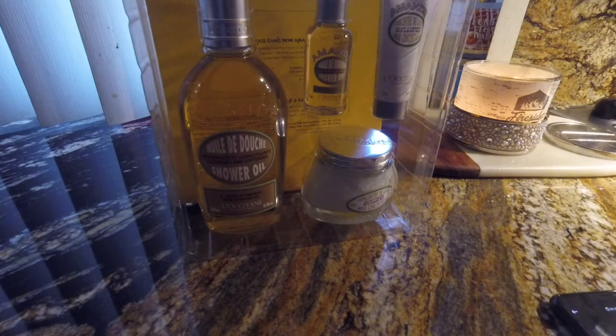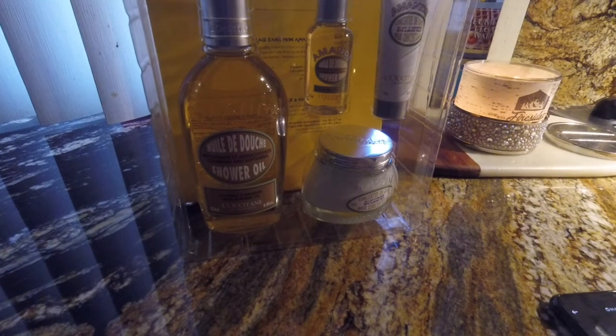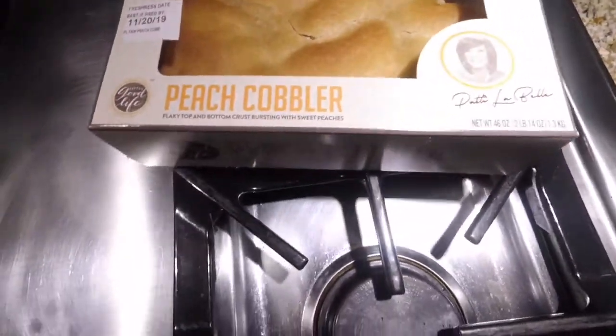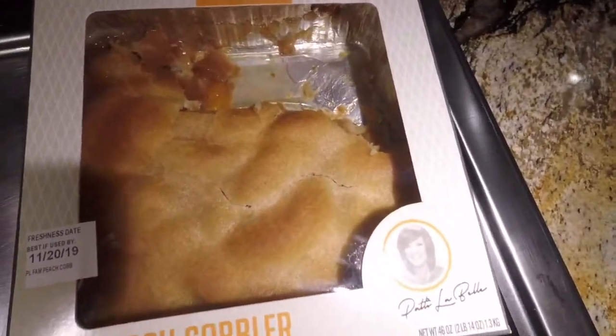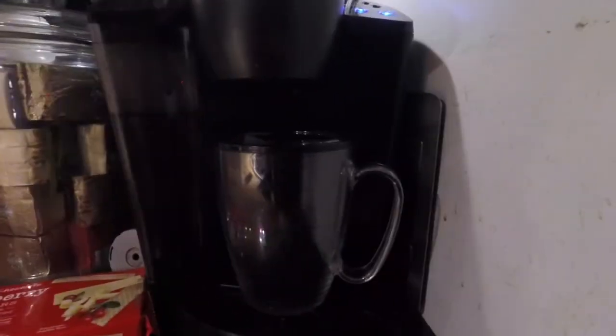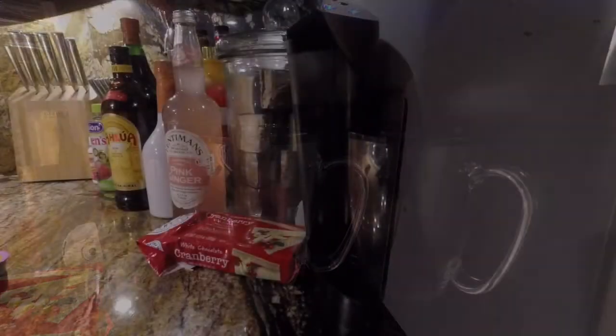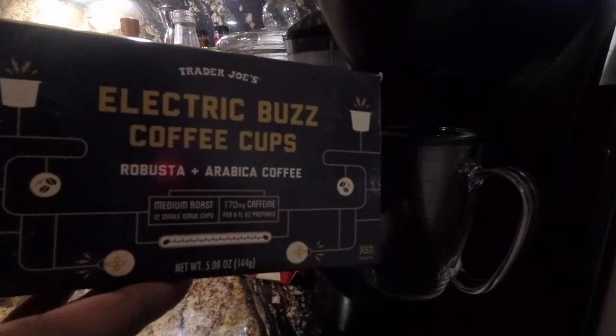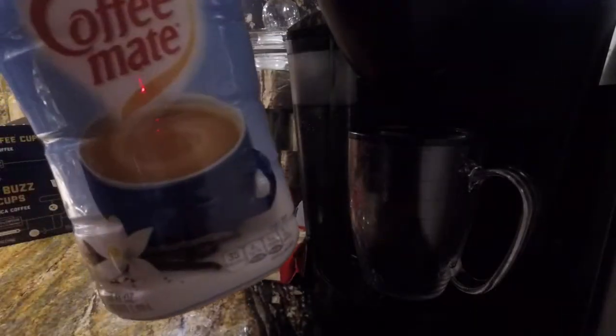And like I said, I'm not going to show y'all what I look like, because I look like a mess. So now I'm going to make me some coffee. This pie right here is pretty good, y'all. But I'm going to make some coffee. I got my Trader Joe's coffee, some coffee cream,